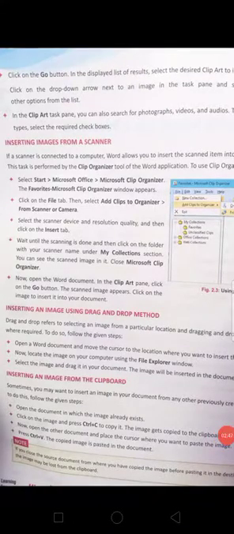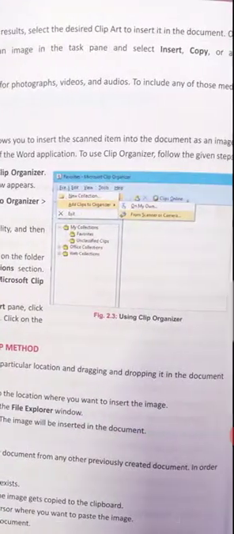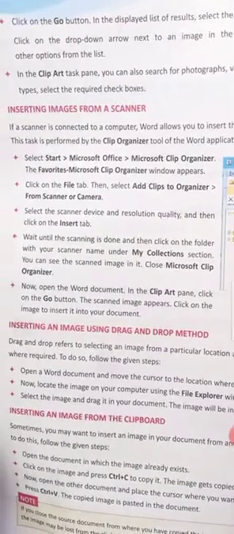Insert an image from a scanner. If a scanner is connected to a computer, Word allows us to insert the scanned item into the document as an image. This task is performed by the clip organizer. If our scanner is attached to our computer, then we can scan. How to scan? First of all, start Microsoft Office. In this, we need to start the clip organizer: Favorites, Microsoft Clip Organizer.